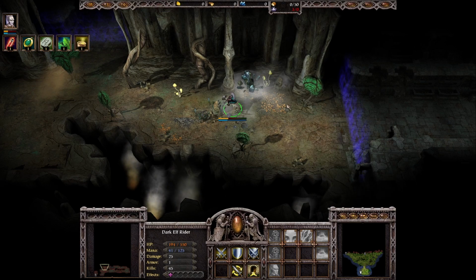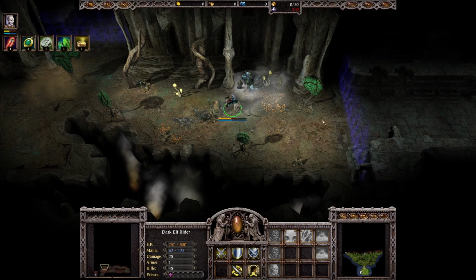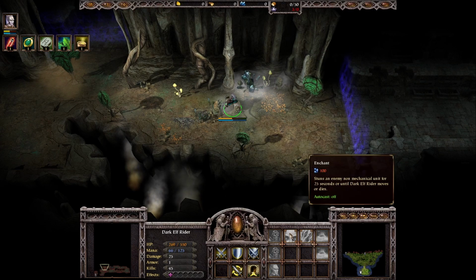If you move or attack or cast any other ability, it will interrupt the effect and you will lose the 100 mana anyways, so you always want to channel it for the whole 25 seconds, otherwise it's just useless. But to be honest, this ability is probably the strongest ability in the whole mode, but you won't use it basically in the whole walkthrough, except the final boss, of course, because you can also use it on him, and